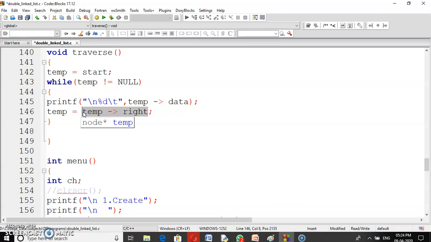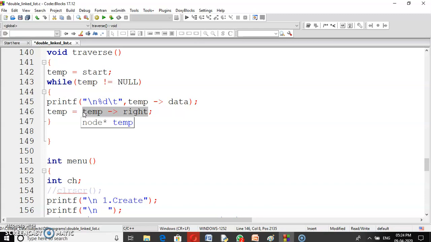If you require right to left, then first you need to move to the last node, and from the last node you need to repeat the loop until left is not equal to null, and display the node values one by one from the last node to the starting node.